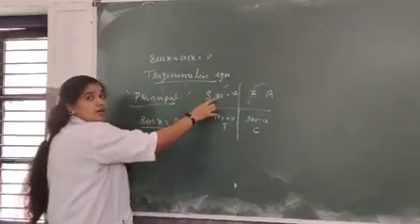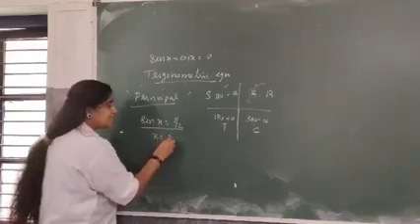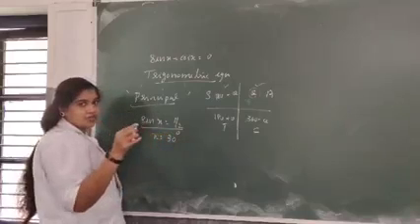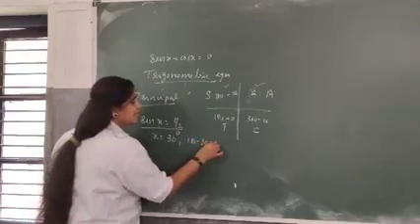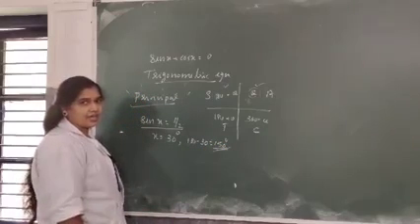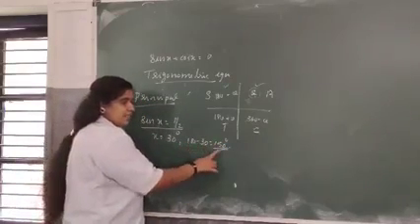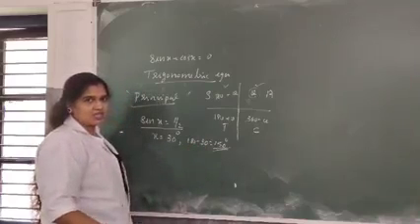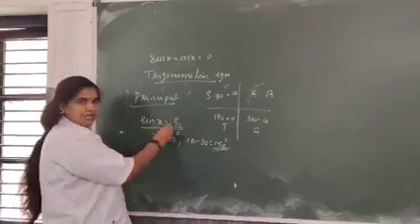Then the second principal solution lies in the second quadrant. How will you write it? 180 minus theta. So the answer is 30 degree in the first quadrant, or in the second quadrant it is 180 minus 30, that is 150 degree. If you know radian, you can convert into radian. This is pi by 6, then pi minus pi by 6, that is 5 pi by 6. Degree or radian, no problem, whichever is easy, you can follow that.